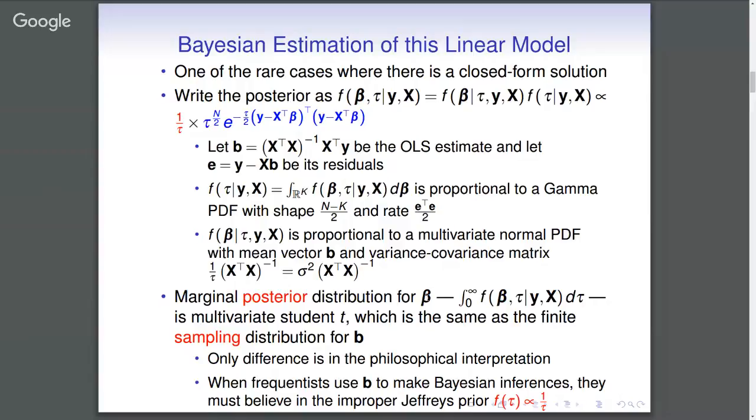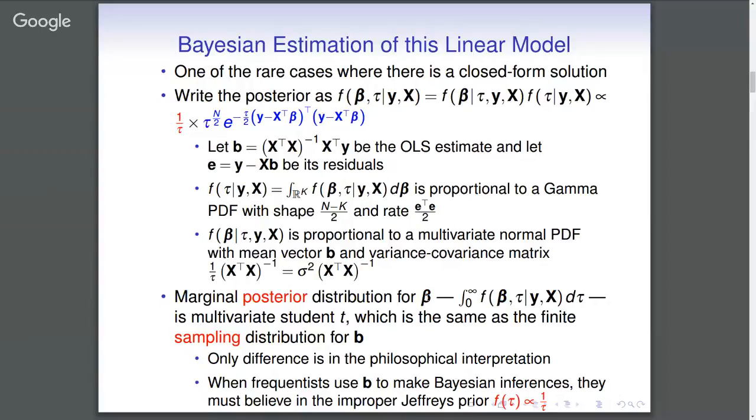In other words, if you have this likelihood and these priors and you condition on the data that you have, what you believe about beta has to be multivariate student t with expectation b, the OLS regression coefficients. So that's sort of your interpretation or your beliefs about beta conditional on the data if you have these particular